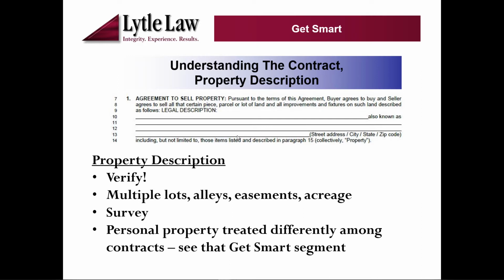So the first thing I want you to do, whether you're a buyer or a seller, is make sure it's accurate. From a buyer standpoint, you want to make sure that the correct property that you think you are purchasing is shown there. And it doesn't hurt, I mean, people make mistakes, and it doesn't hurt to verify that and look it up yourself. And the same is also true for a seller. You want to make sure that the property is accurate. And this gets